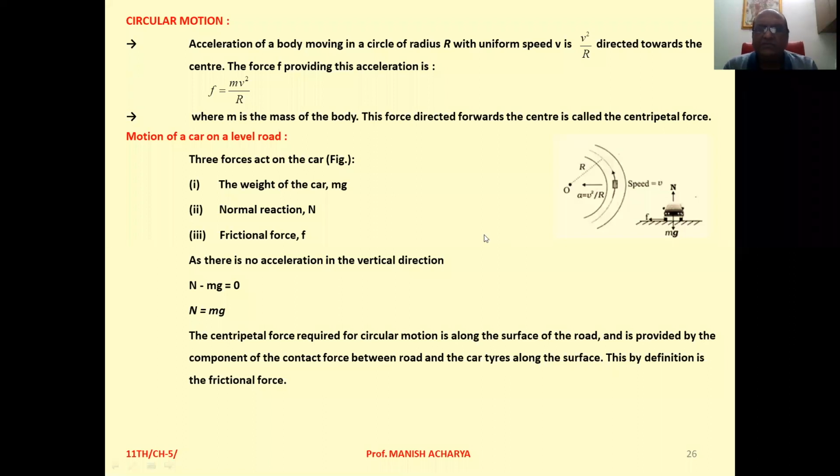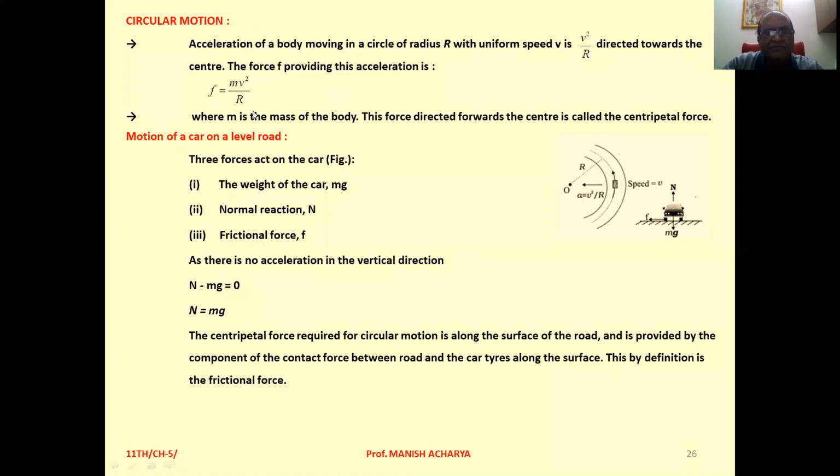See, when any object is moving on a circular path with speed v, then v squared by r is the centripetal acceleration, because the acceleration is towards the center. Now we already studied the second law of motion. The second law of motion suggests that force is mass into acceleration. So if we multiply this centripetal acceleration by mass, we will get the force, that is mv squared